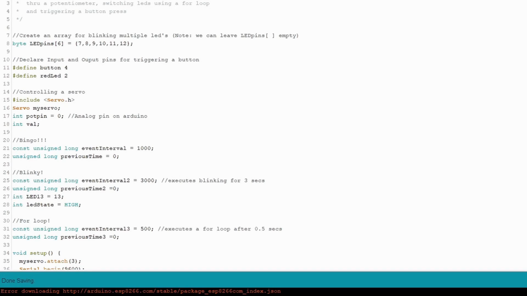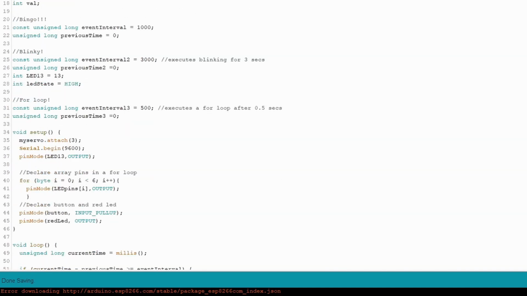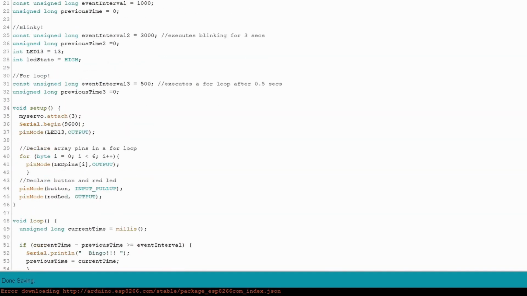For the servo control, I've included the servo library, servo.h, declared an instance, my servo, and two variables, pot pin equal to A0 on the Arduino Nano clone, and a variable val that will be used to actuate the servo. So on the setup, I've attached pin 3 for the servo, initiated communication,